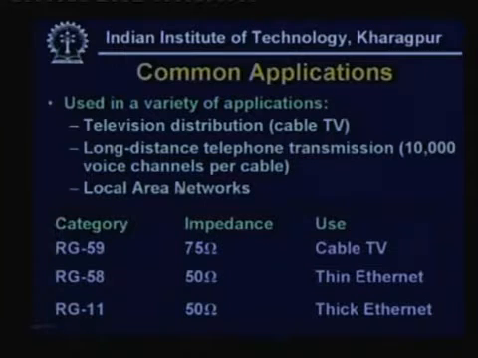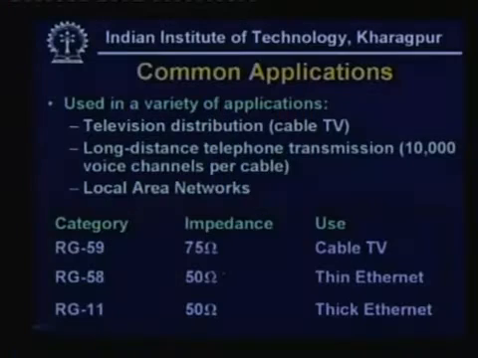As we can see here, three categories of coaxial cables are given: RG59, RG58 and RG11, with characteristic impedance of 75 ohm, 50 ohm and 50 ohm. RG59 is commonly used in cable TV, which is very popular and is of low cost. Then RG58 has a characteristic impedance of 50 ohms. That means the cable is to be terminated by a 50 ohm resistance,